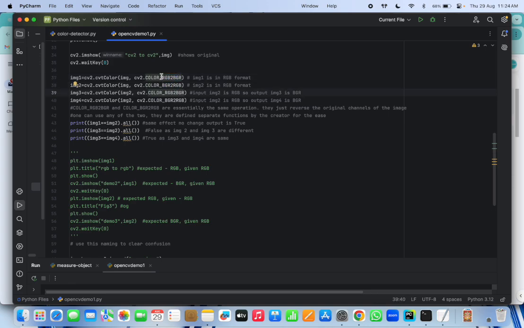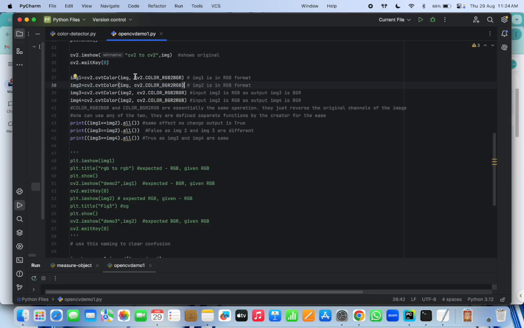So if we use either of them to do any of the conversion, it won't matter, because the main aim of this function is to just reverse the channels, replace blue with red. Okay, so you can see that I am trying to do the conversion using both the RGB to BGR and BGR to RGB.